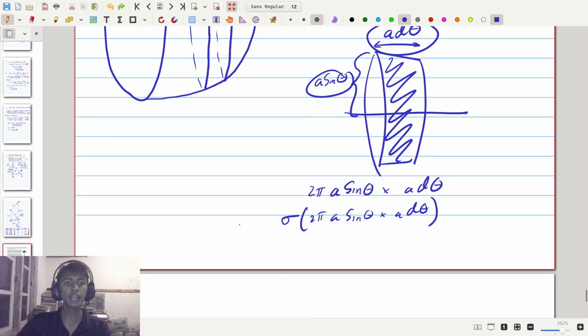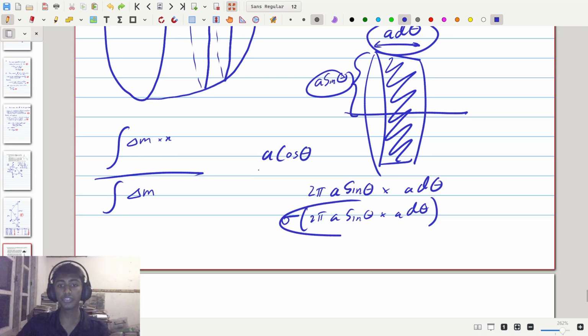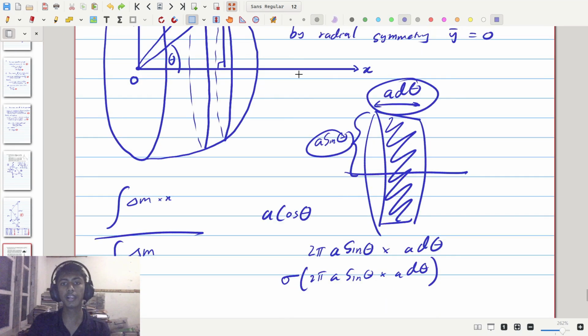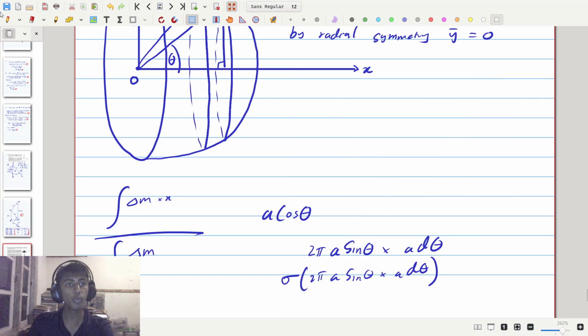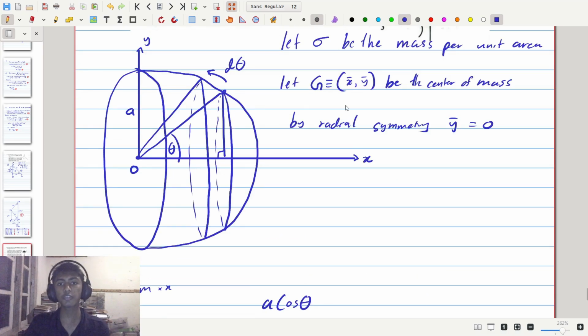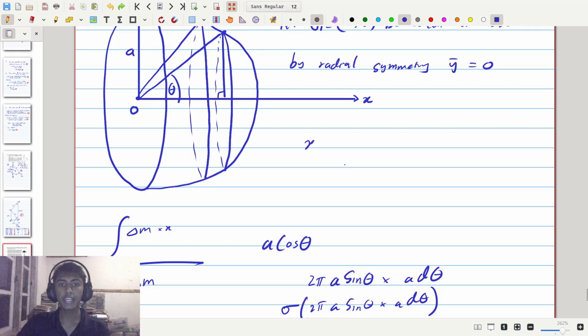Now in our integral, we need to integrate delta m times x divided by the integral of delta m. So the x here is a cosine theta, meaning that what we need to integrate is delta m, which is this thing, multiplied by a cosine theta on top, and on bottom we need to have the integral of this expression right here. So now if I set up the integral, we can say that the x coordinate of the entire object, which is the hemisphere, which I'm going to say as x bar, since we defined it as x bar up here, x bar is going to be equal